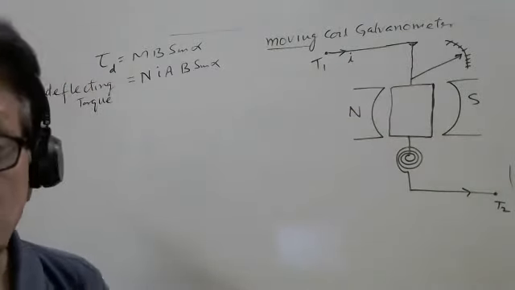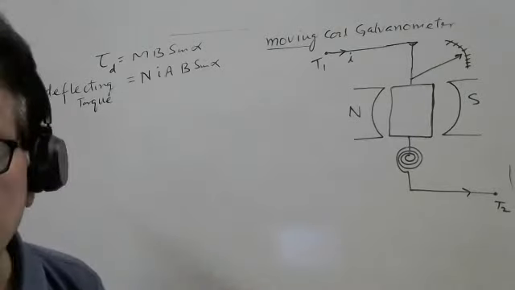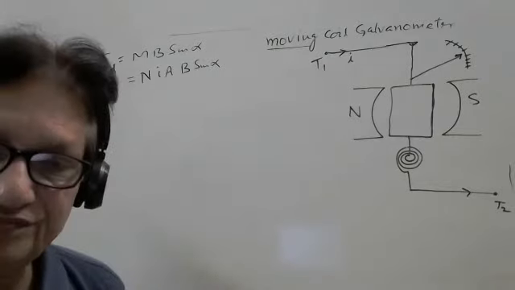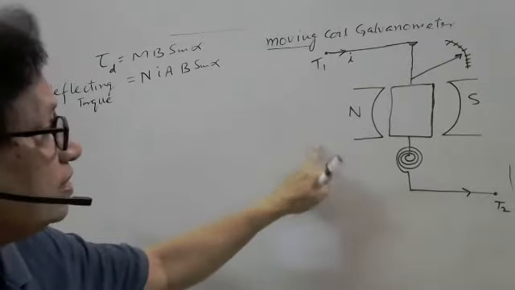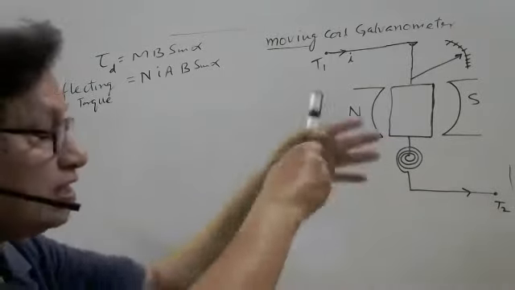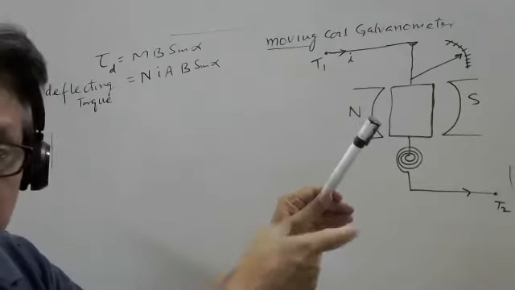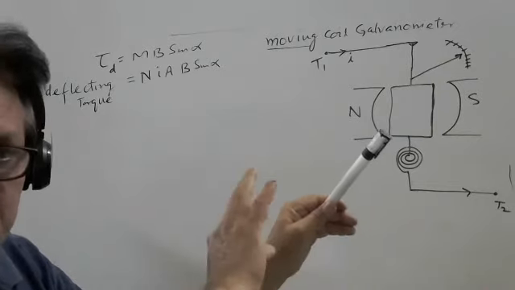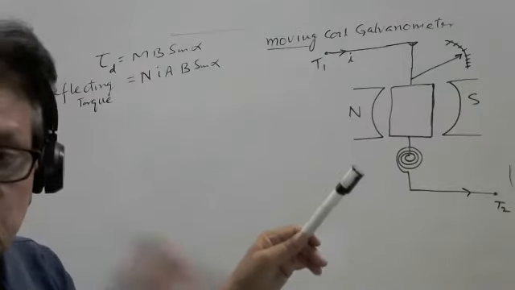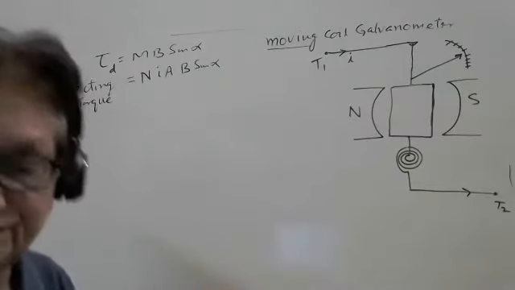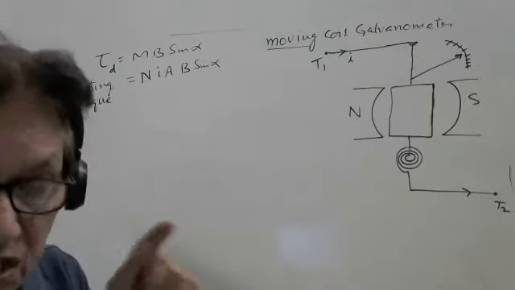So you can say deflecting torque and the restoring torque are in opposite directions. Suppose in the circuit, if you close the key, because of this current, deflecting torque acts on it. Because of the deflecting torque, the pointer rotates, and restoring torque develops. In the final position, these two torques are equal and opposite. This is the final position of the pointer, and this is the current actually flowing in the circuit.